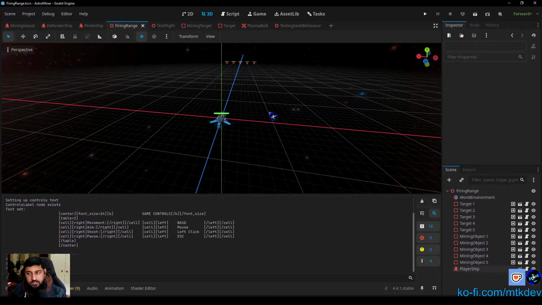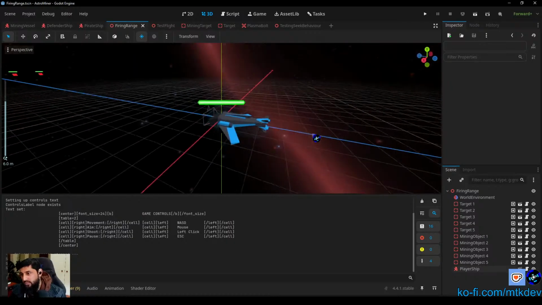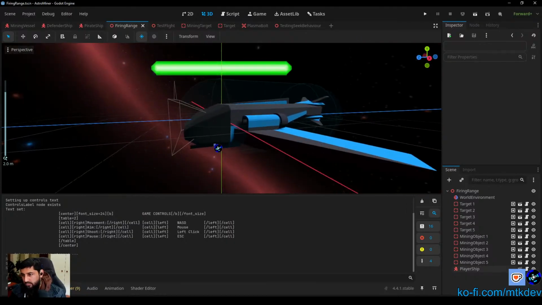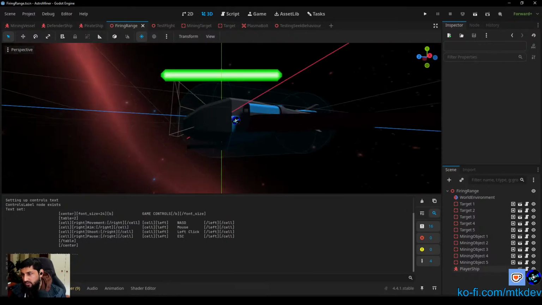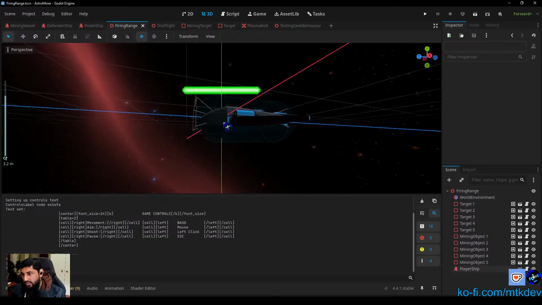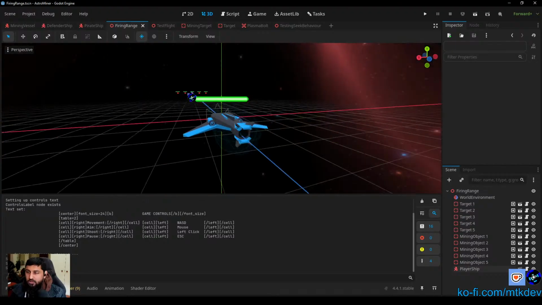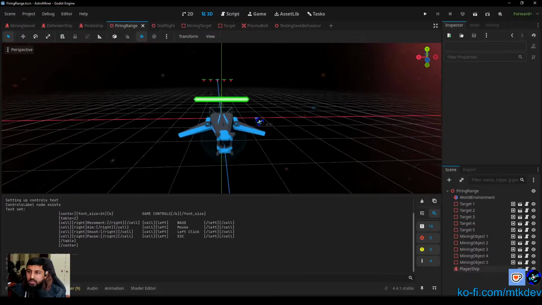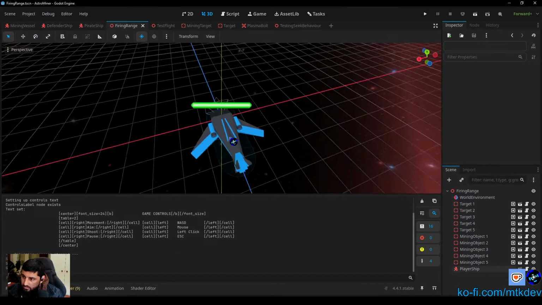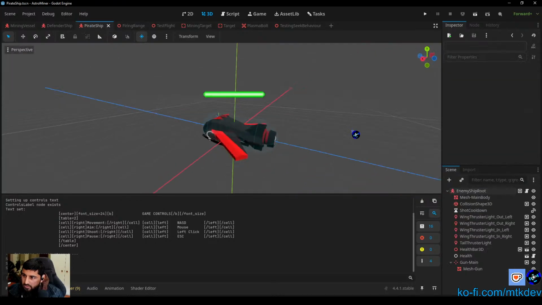And then also the other things we've done, we've shifted the bullet spawner from down here to up there, so that now we have a crosshair and a bullet that reflects it, right? So where we aim the crosshair, that's where the bullet goes, the projectile, the plasma bolt, whatever you want to call it. And then we've also adjusted the